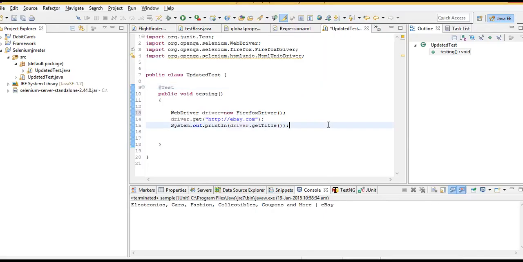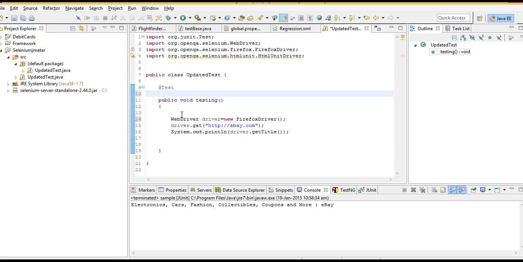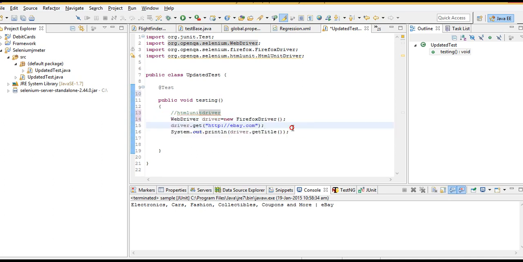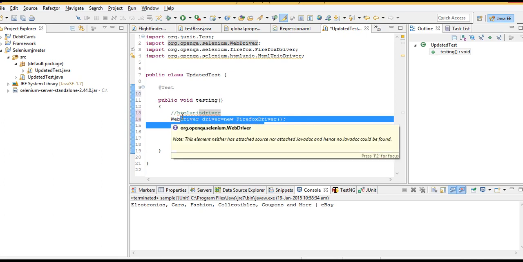Now let's see how to run this with the headless browser. As I told you in the last session, there is an HTML unit driver in Selenium with which you can run your scripts without opening the browser. We will not use this scenario much in Selenium, because the main intention of Selenium is to test the UI.